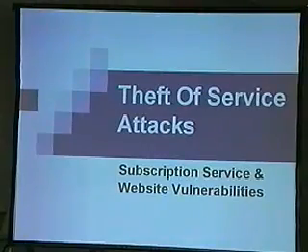This talk is about theft of service attacks and subscription service vulnerabilities. It's going to be a little different than other talks, which normally focus on system exploits. These exploits are more of an annoyance kind of attack, and they try not to cross the line into actual legal fraud. Some of them do, but most don't. Most just use holes in applications hosted on websites. A lot are developed custom in-house without much testing, and a lot of simple things just seem to work on many different websites.